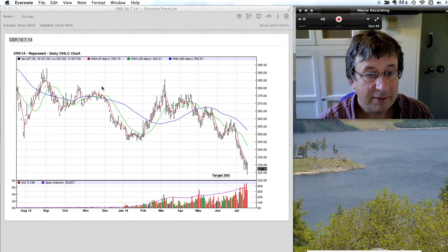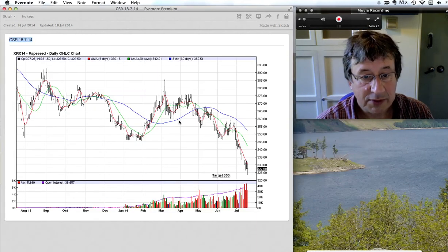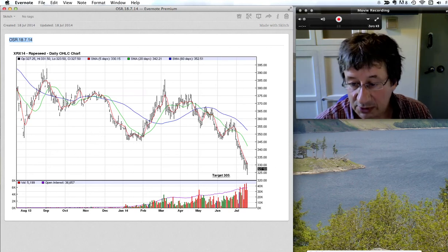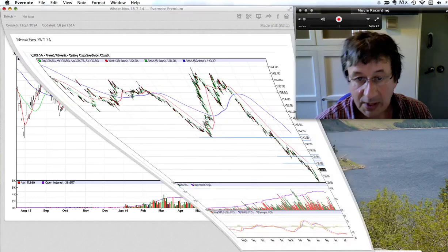And then finally on the Aussie rape, you can see here we broke this swing low here at 345. My target was 40 down, so target is 305. But obviously the same thing, watch for a bounce, any kind of reaction at the present moment, because obviously we are in what we class as a news-driven market, so it could be very, very volatile as more information comes